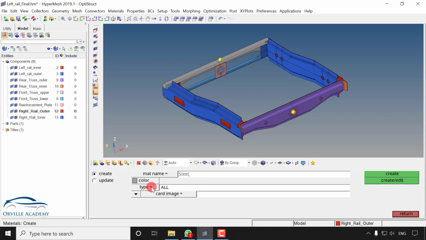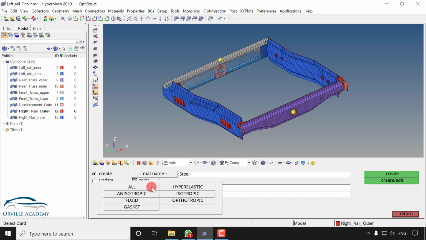Here we have different types. For example, as we have discussed previously, isotropic, where the material properties will not change with respect to direction, orthotropic, where in perpendicular directions properties will change, or anisotropic, hyperelastic; these are just types of material. So if you give the specific type of material that is going to be created, then it will be much easier for Hypermesh or for OptiStruct to handle the information.